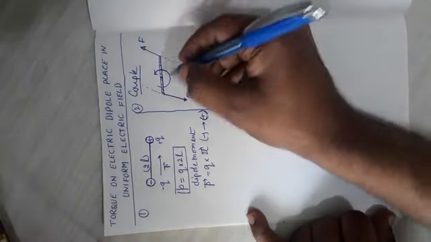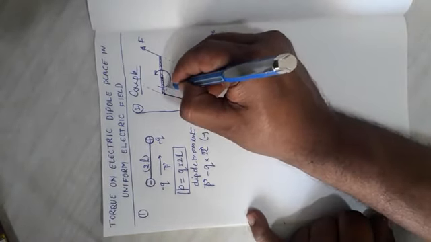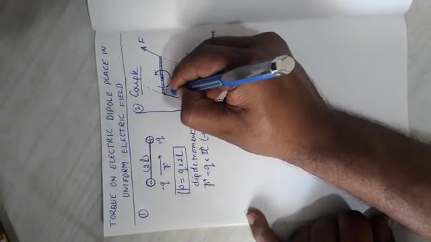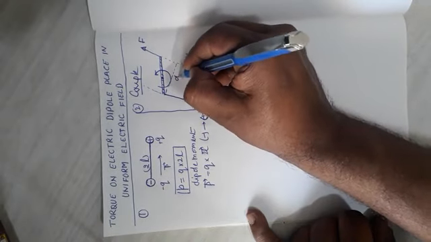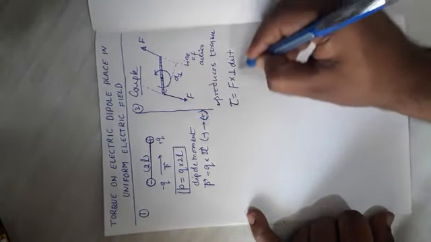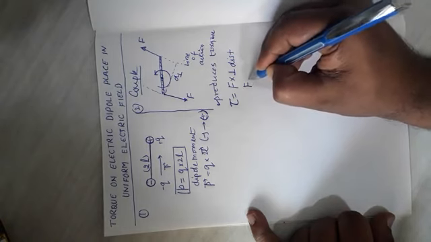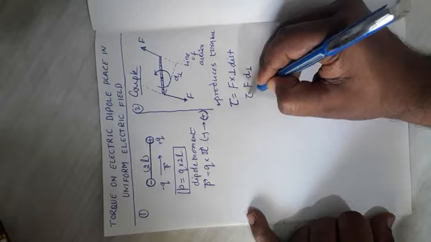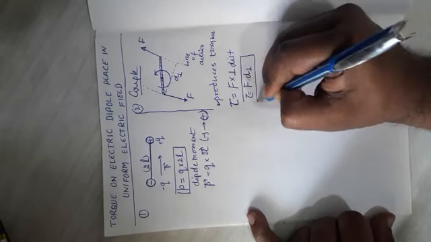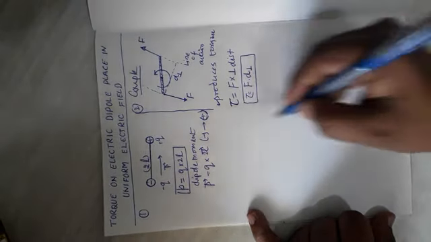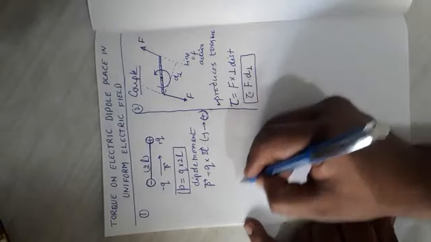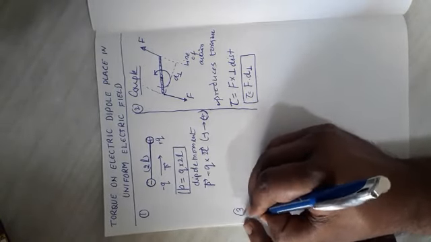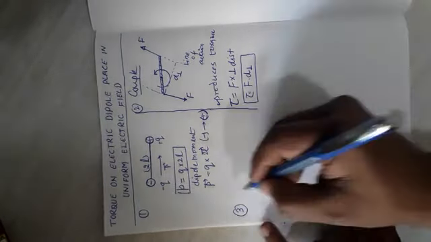Now, if we think in terms of perpendicular distance, this distance will be this. Let us call it d perpendicular. So, F into d perpendicular. This is the value of torque. Two basic things. Now, there is a third basic thing also which we need to know.